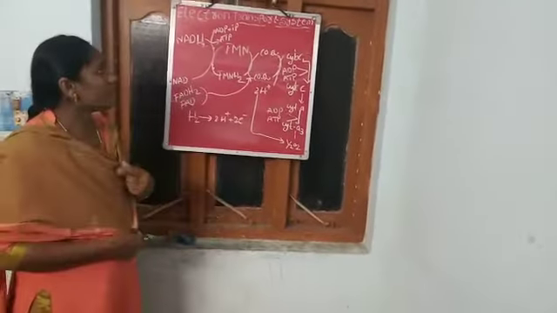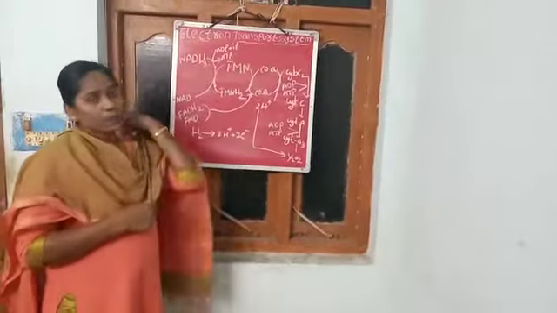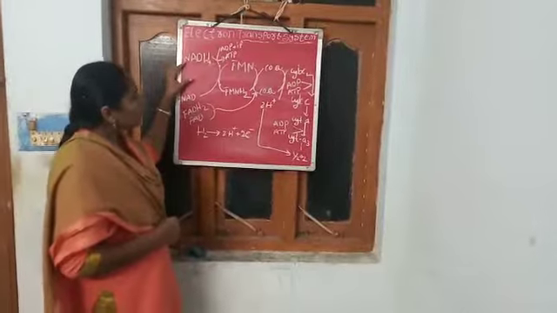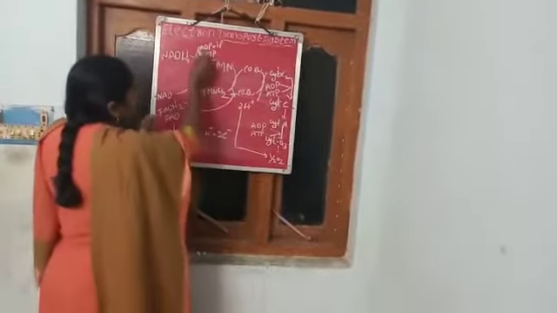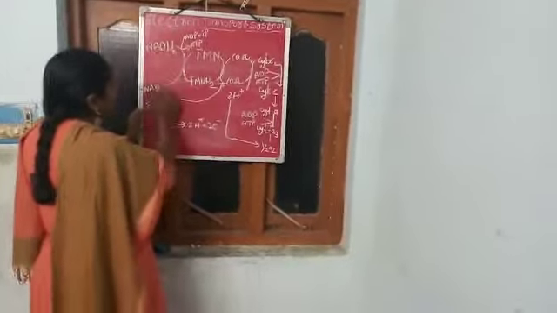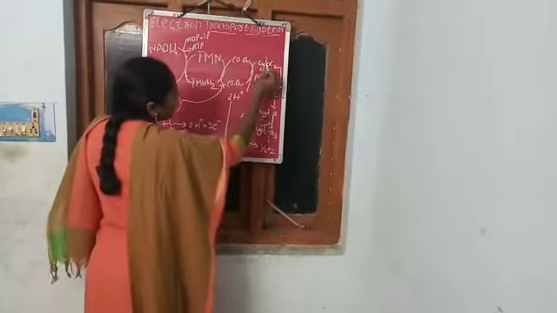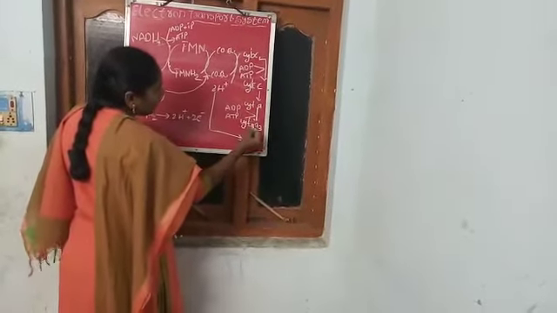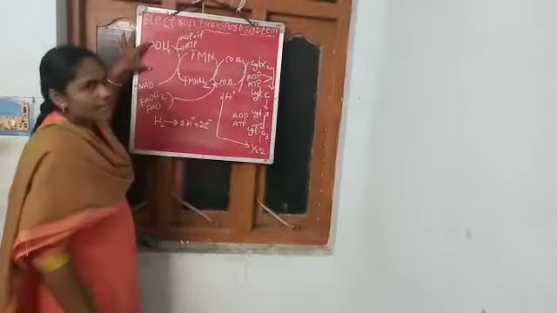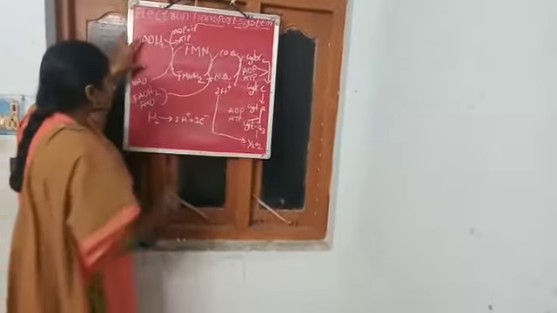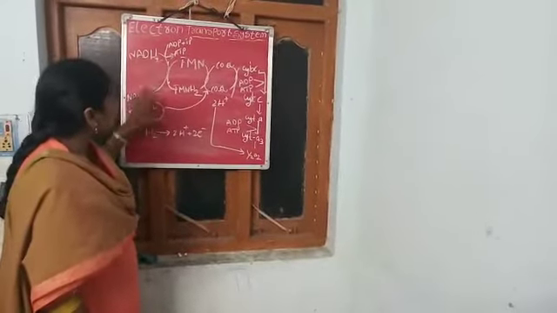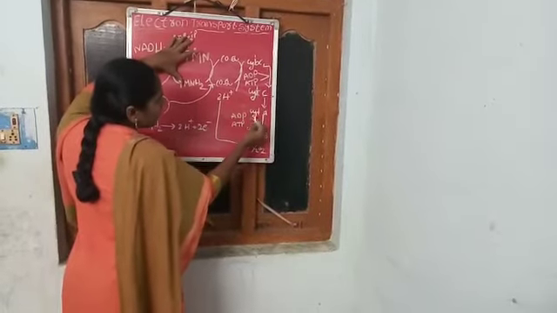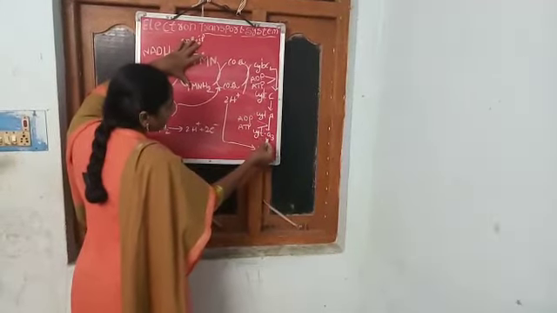The main purpose of the electron transport system is providing ATP. One NADH2 equals 3 ATPs. That is, the first ATP is when NADH2 gets converted to NAD, the next ATP is when cytochrome b c1 gets converted to cytochrome c, and the next is when cytochrome a goes to cytochrome a3. In the same way, one FADH2 equals 2 ATPs. That is, cytochrome b c1 passes to cytochrome c, and cytochrome a passes to cytochrome a3.